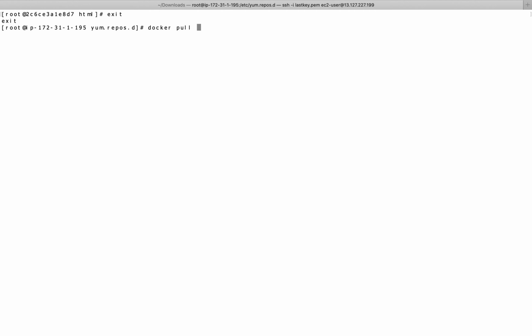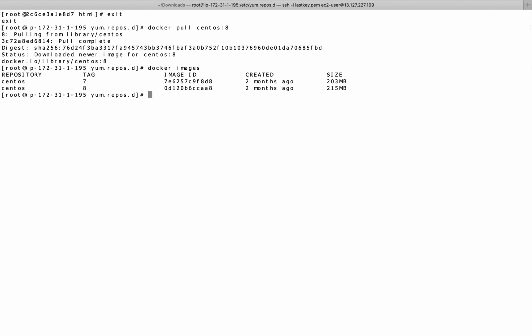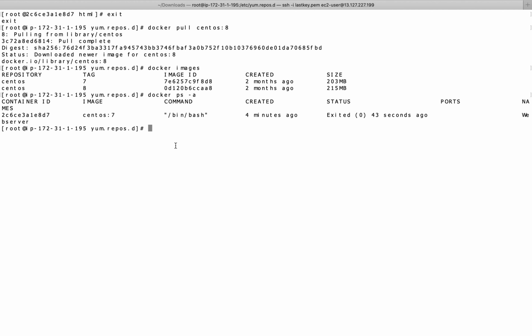So docker pull centos, and this time I'll be using version 8. Again I'm back to my AWS EC2 instance. Now you can see the Docker images I have, version 7 and version 8, with their sizes. And with docker ps -a you can see the previous state: if I have used any container in the past, when it was executed and when we exited, everything is there.